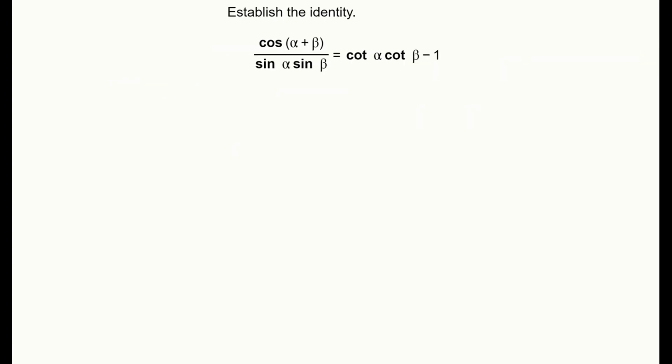Okay, so next we're going to try to prove this identity. I definitely invite you to try it on your own first before you come back. All right, so looks like we have more to work with on the left side, so let's go ahead and start on the left side. So we have cosine of alpha plus beta over sine alpha sine beta, and let's go ahead and apply the identity that we know for cosine of alpha plus beta,